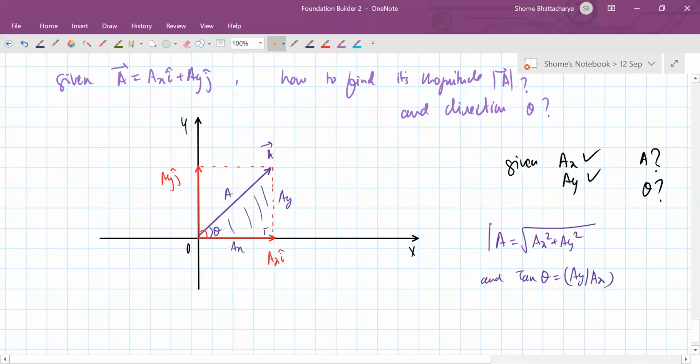So upper the two formula we had written, that ax is a cos theta and ay is a sin theta. This is like the inverse of that formula. That if I know ax and ay, how much is a and how much is theta. So these become the formula that we use to find out these. So make a note of this quickly.